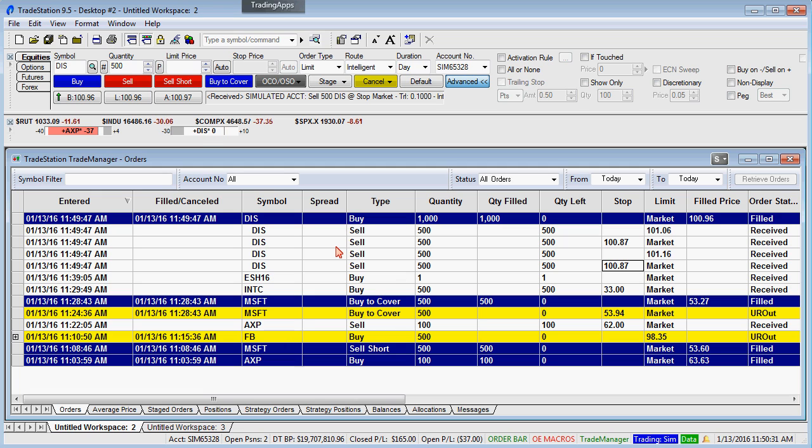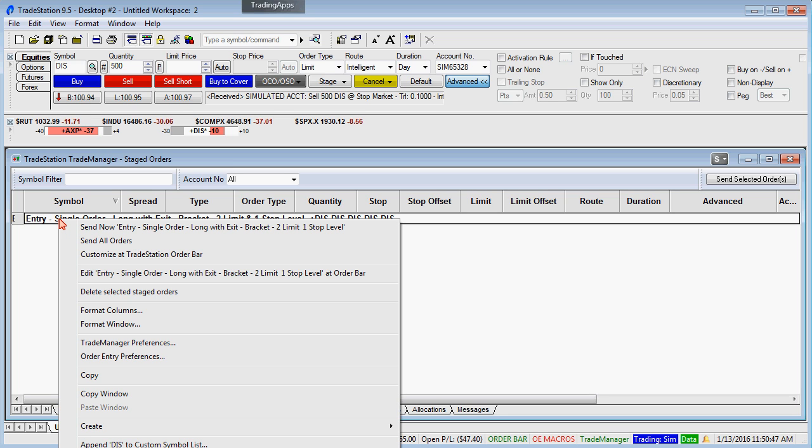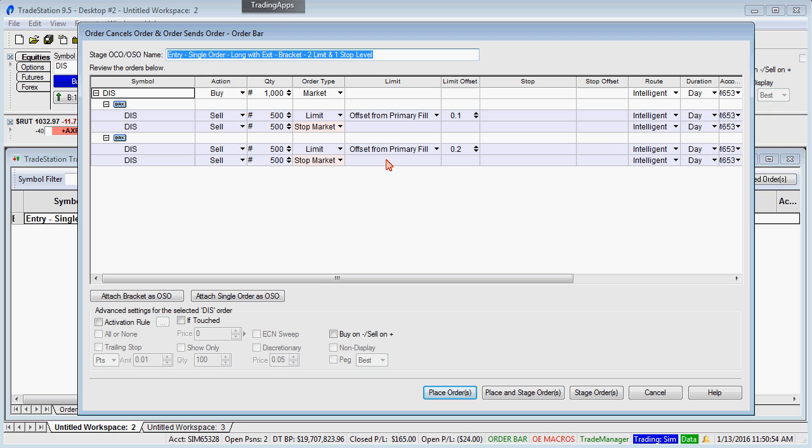Where do I see where this order went? Because I do see the order here active, but if you do have a tab for staged orders. So if you wanted to duplicate this order with maybe a different symbol, you go to staged orders, and here's my order for Disney. I can right-click on it and say customize at the TradeStation order bar. So notice how it saves all the settings, and I can just maybe change the symbol and reuse it. So if I change the symbol here, let's say that I want to do